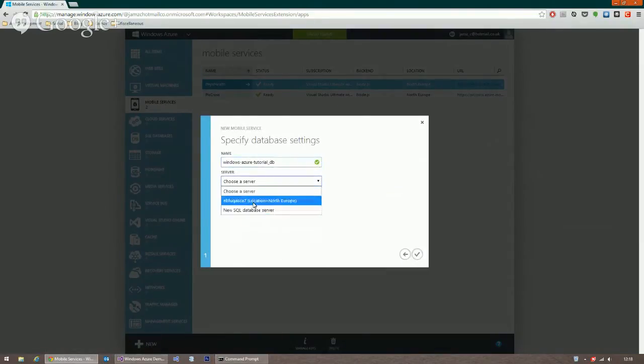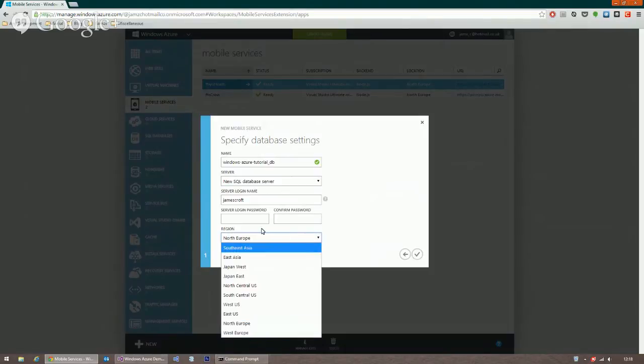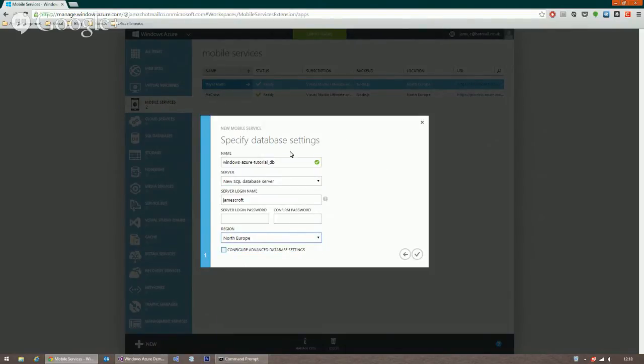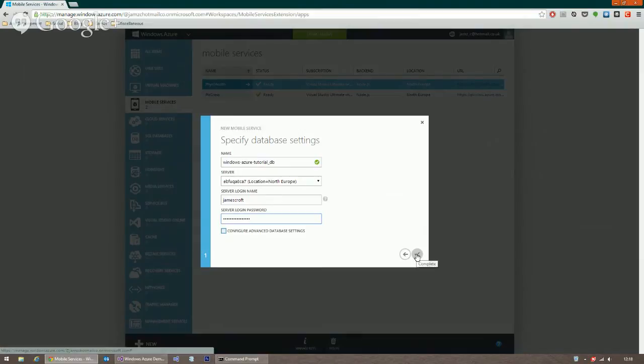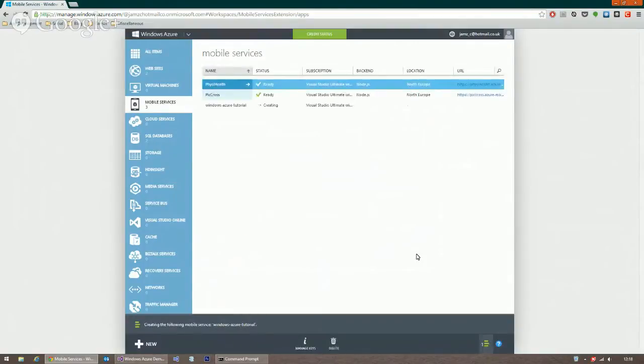I'm going to attach this to my own server, but you can actually create a new database server here, set up all the details. Where it's going to be should be in the same location as the actual mobile service itself, but for this I'm going to connect it to my own. I'll just pop in my password there, and then we click complete,